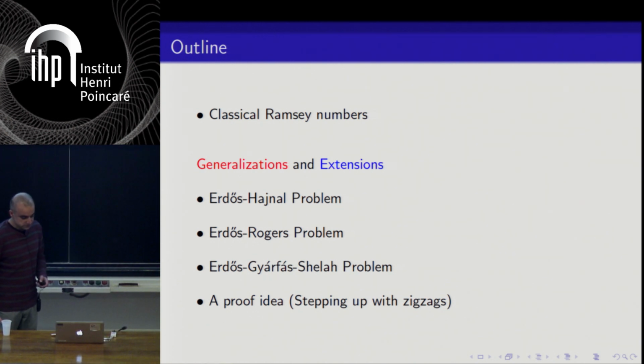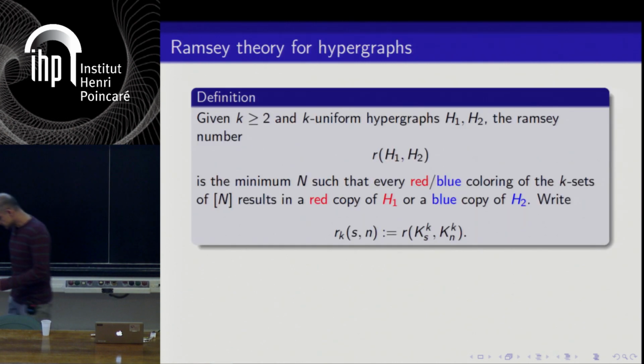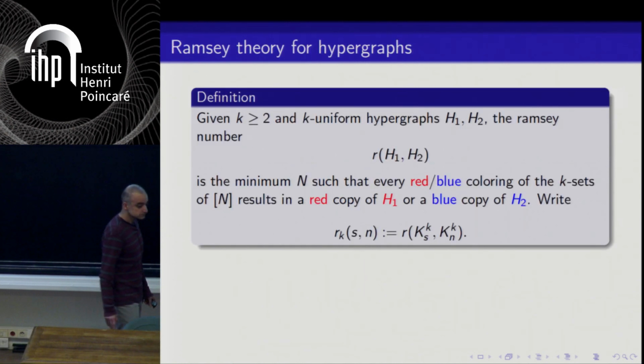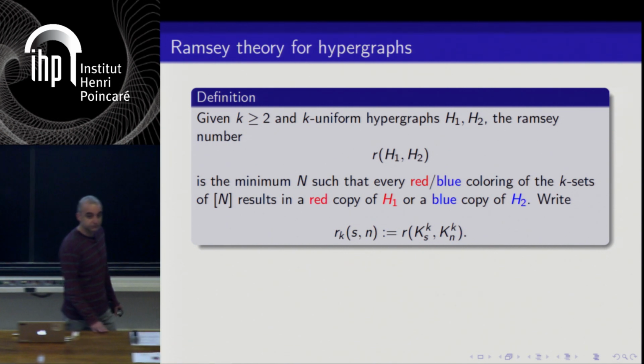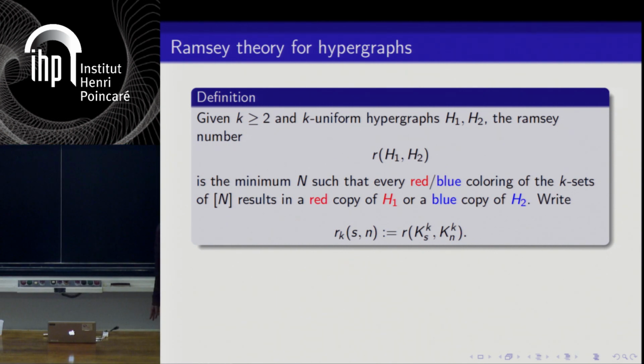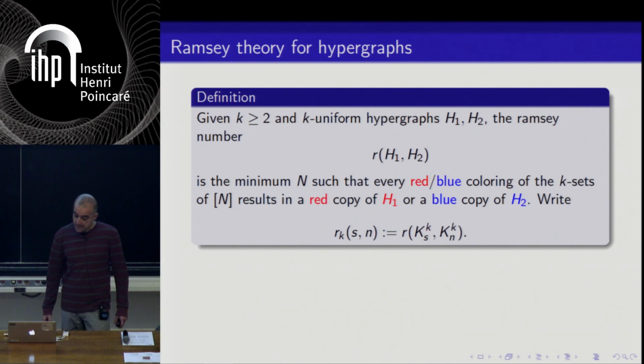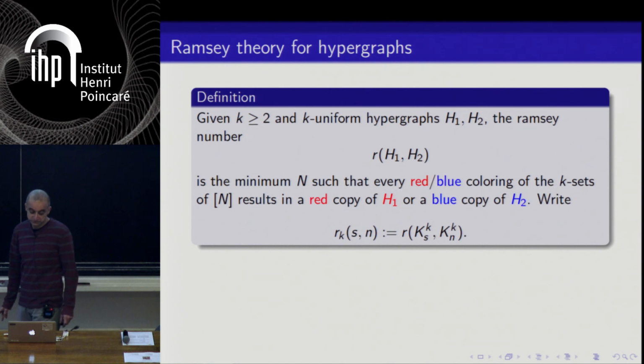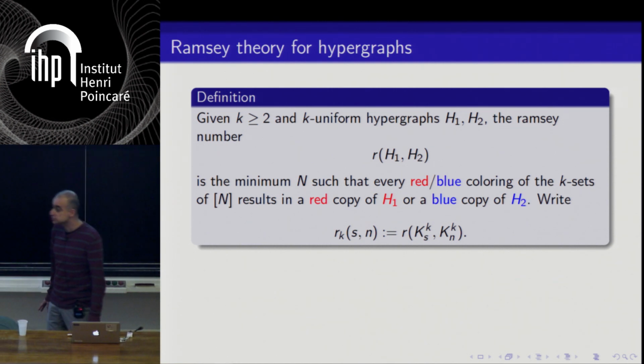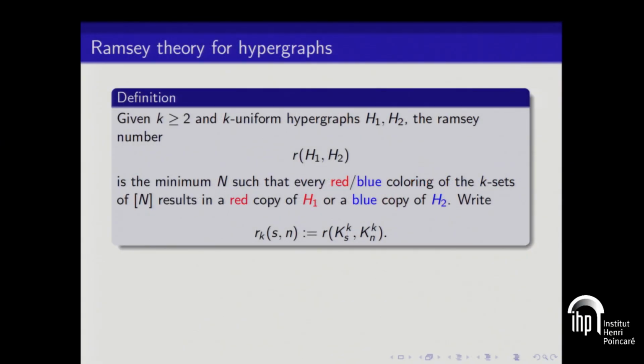Okay, so we'll start very simply to fix the notation. The talk is about k-uniform hypergraphs, families of subsets of size k. And we're interested in Ramsey numbers. So if you give me two k-uniform hypergraphs, H1 and H2, the Ramsey number R of H1, H2 is the minimum. And here I'm fixing a lot of parameters and notation for the rest of the talk. There will be more and more parameters, which I'll try to stay consistent with. So try and get a handle on the notation right here.